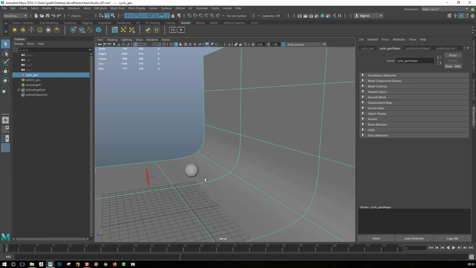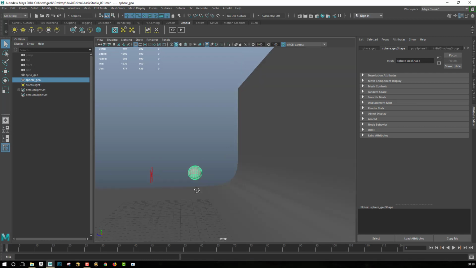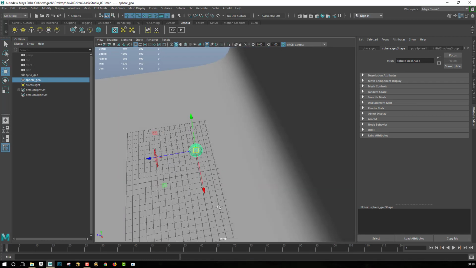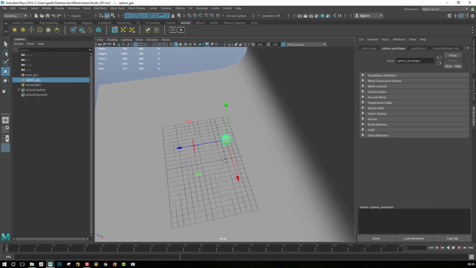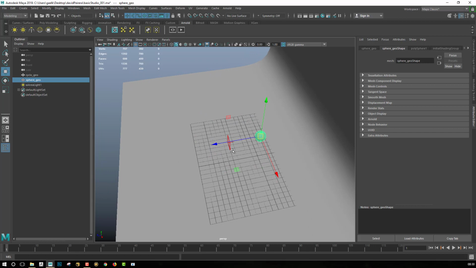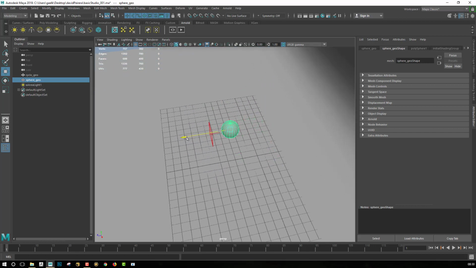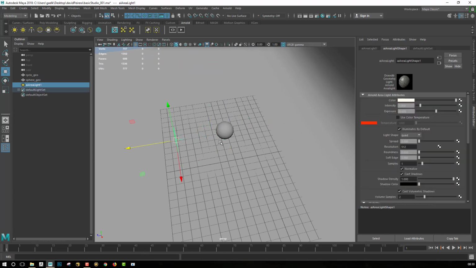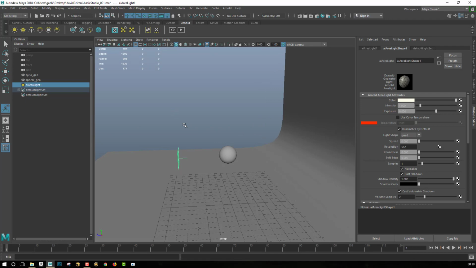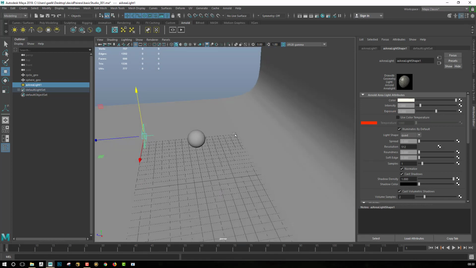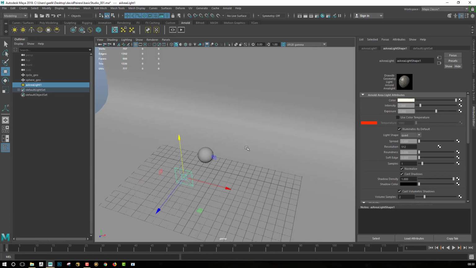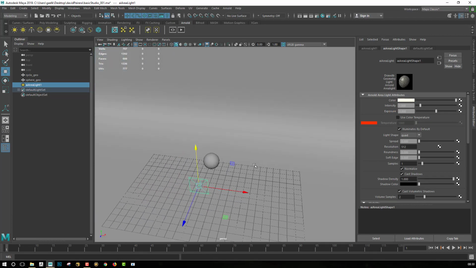So this is just for the background, and then for the object, I just added a sphere because I wanted you to have a look at how the light will react on a sphere before we go on to anything fancy. Then I will place it just like I told you. In the previous video we had a look at how the lights are placed in an actual photographic studio environment.